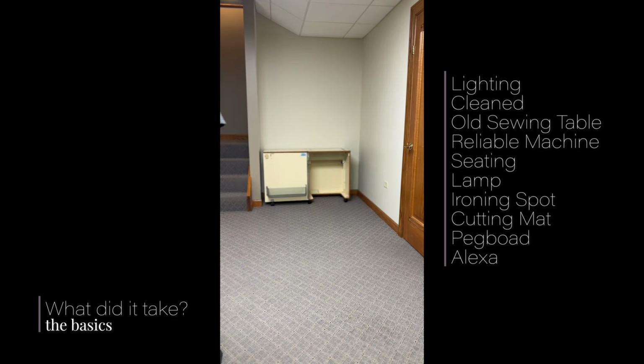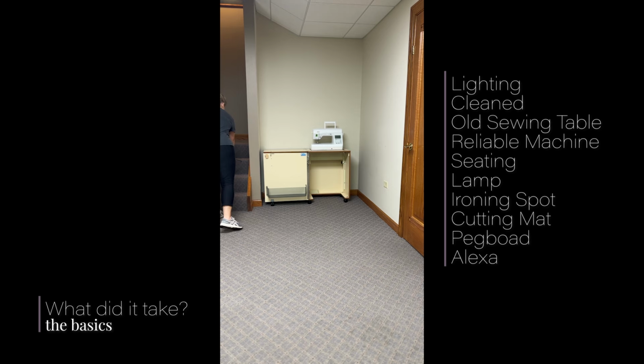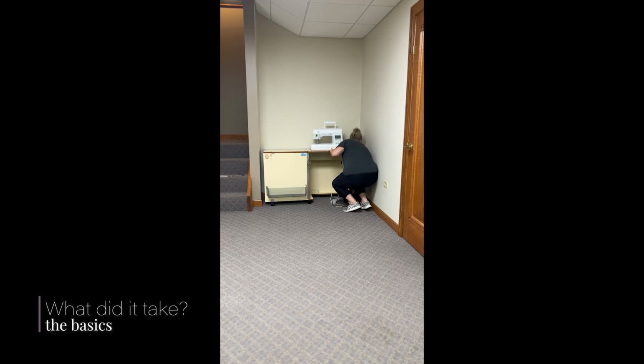Then I gave it a quick once over to remove cobwebs and the dust, and for the essentials, my mom gave me this old sewing table and one of her old machines that she's not using anymore. So that really was the impetus for this whole project. So thanks, Mom. If one of your family members has an old machine lying around, this is your sign to take it and use this video as inspiration for what your sewing space could become with just a little